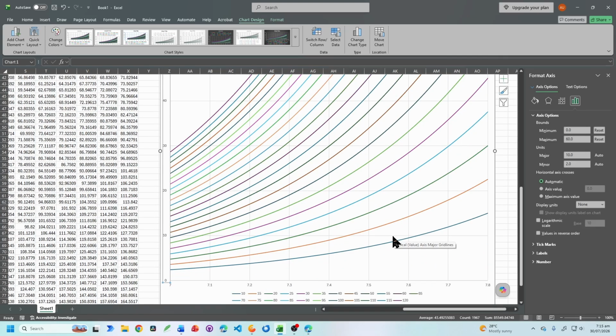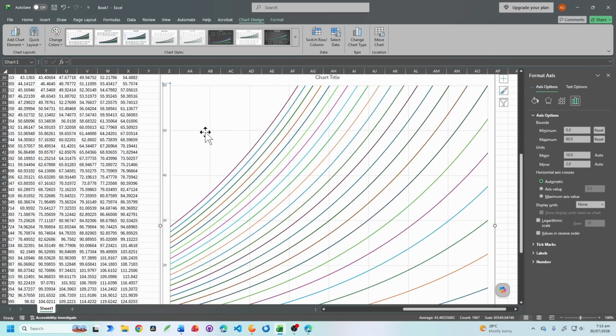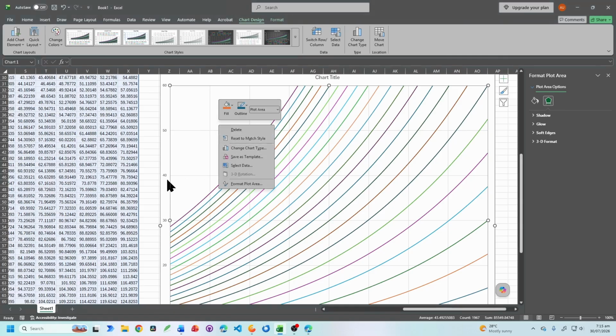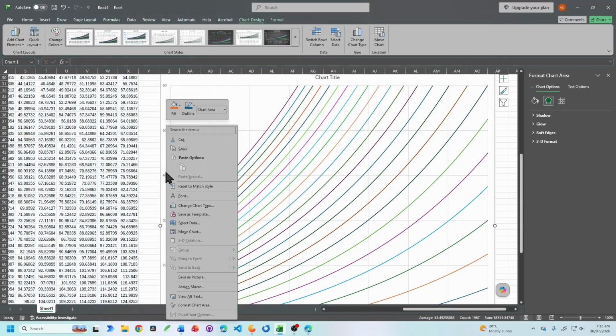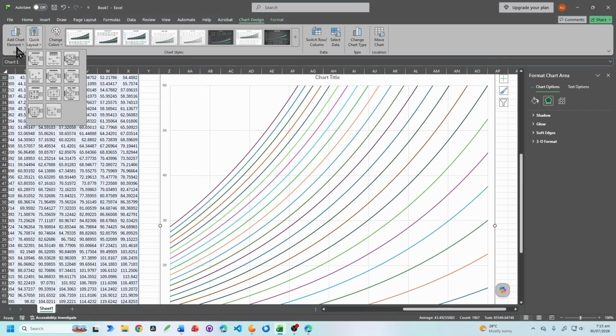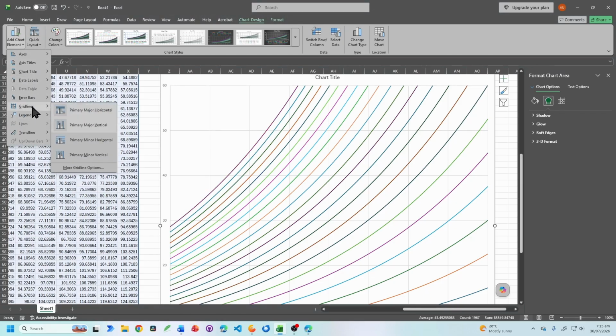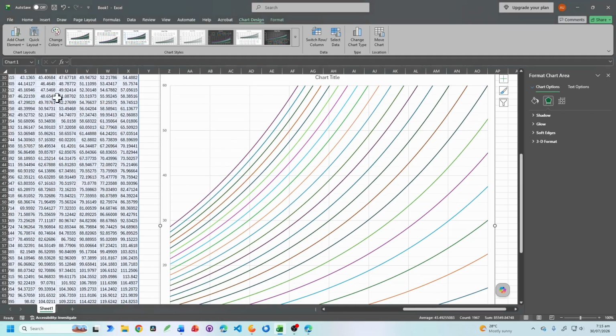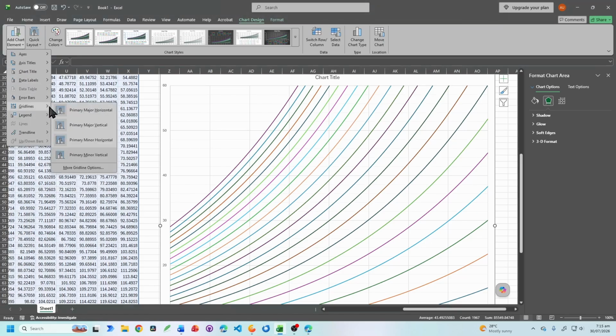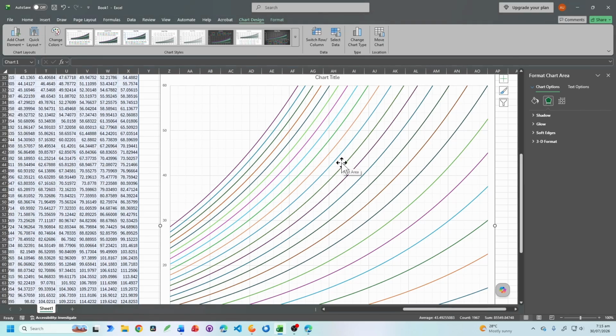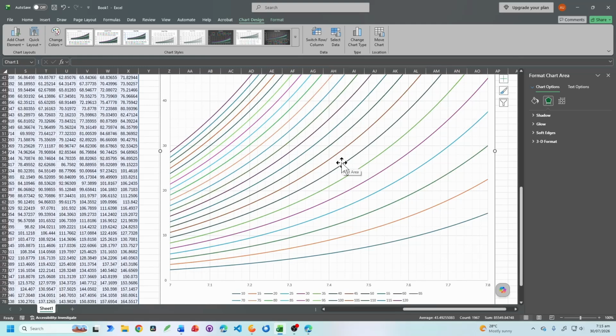Now I want to do something else as well. You see in the background the graph paper is very wide apart, so I want to change that also. To do so, I will go to add chart element and grid line, and I will add minor ones here as well, minor ones. And I think it should work, but 1 2 3 4 5, this is cool,